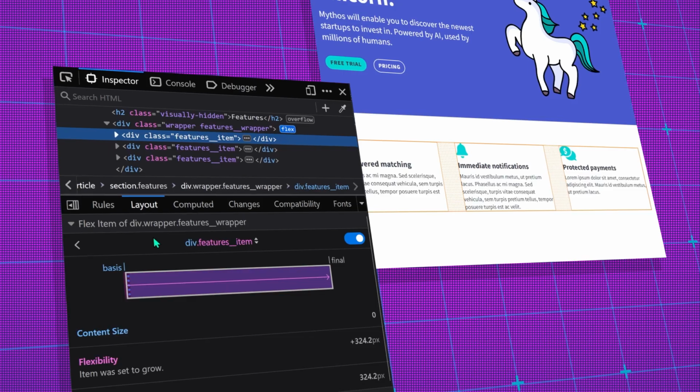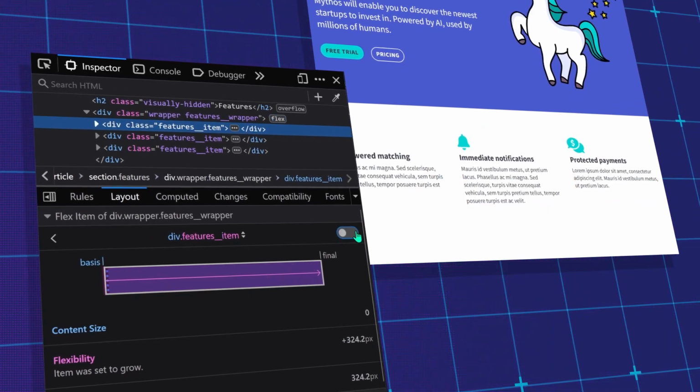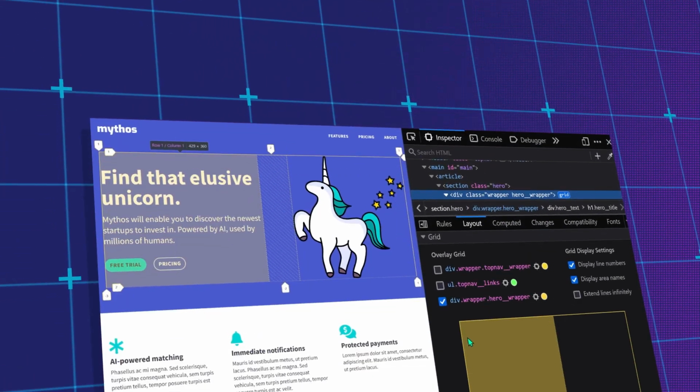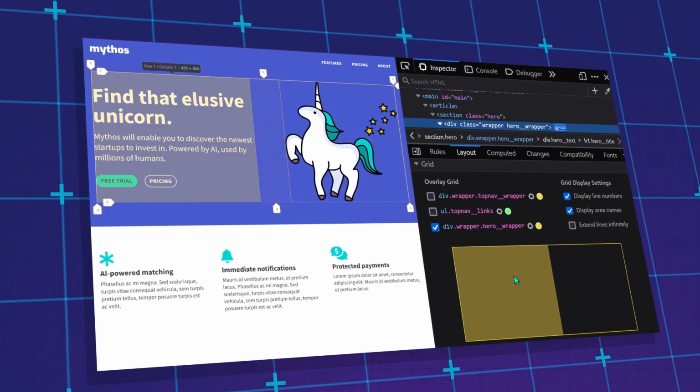This is going to be about Firefox developer tools, but whatever browser you use is going to have pretty much the same features. I will say that at least right now, Firefox has some really cool grid and Flexbox inspection tools that I haven't seen in other browsers, at least not yet. Well, I hope you find this video helpful, so let's get into it.